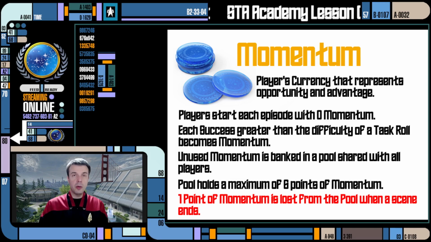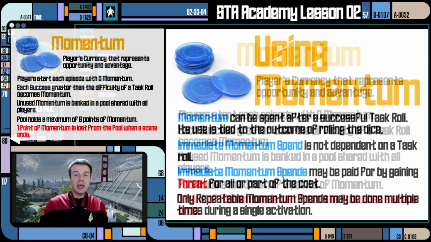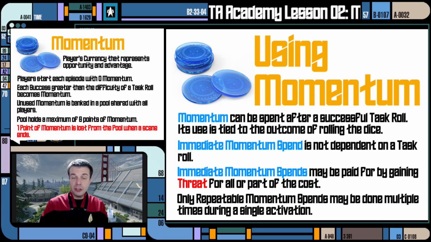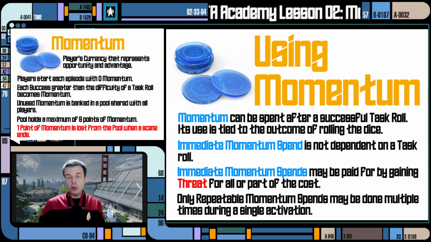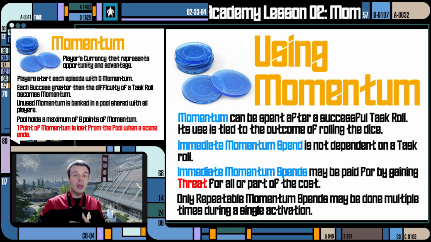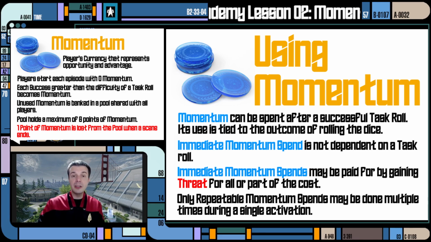When do you use momentum? Or when can you use momentum is a key point. Momentum in general is used after a successful task roll. You roll your task, you succeed, you maybe gain momentum, or maybe you have it in the pool. You could use it from either source, but you succeed, so you use the momentum to make your success a little better,